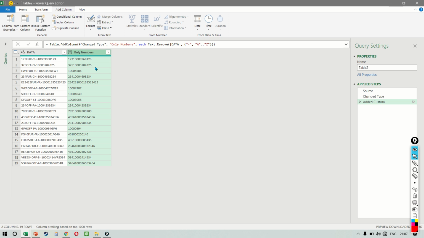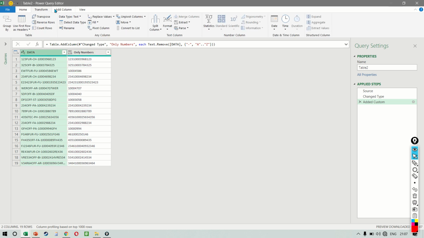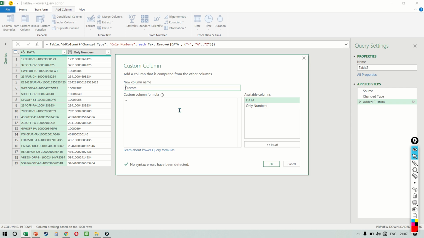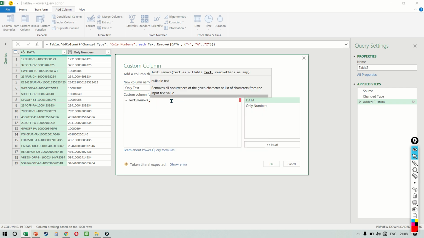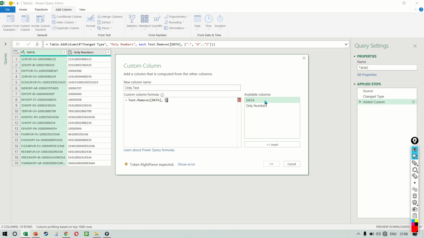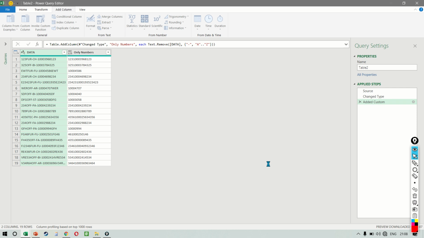If you want to extract only the text value, you do the same thing once again. You click on add column, custom column, and this time you do only text value. This would be Text.Remove. We want to select our data column, and from this, remember in curly braces we want to write a dash, and we want to remove the numbers this time. So we want to say 0..9 like this. This means that both the dashes and numbers from 0 to 9 will be removed, and the result looks like